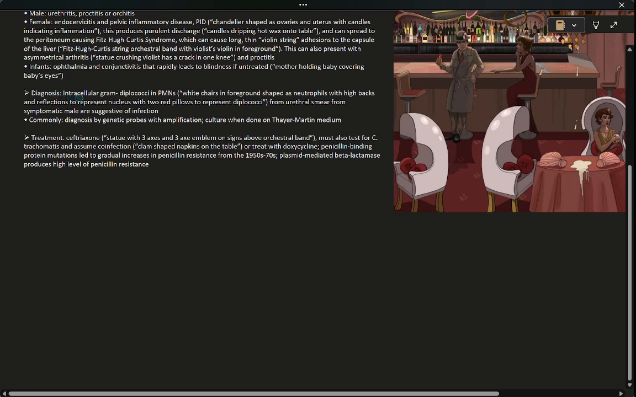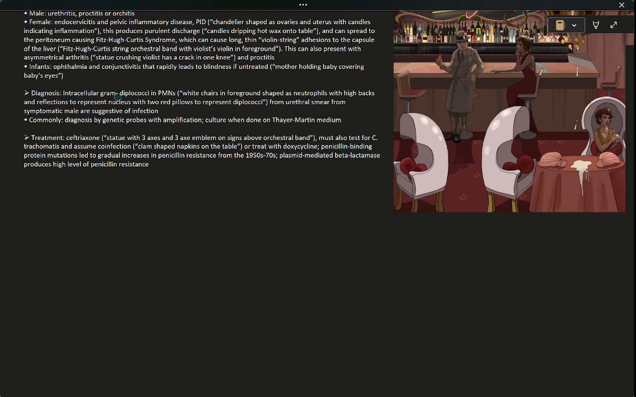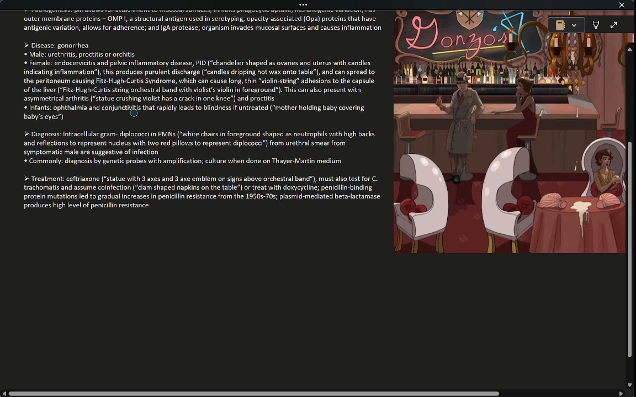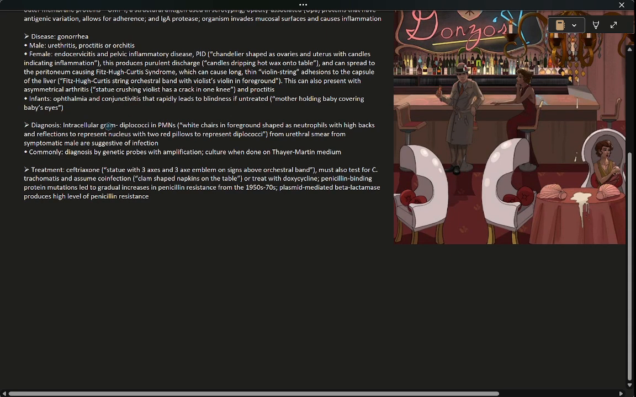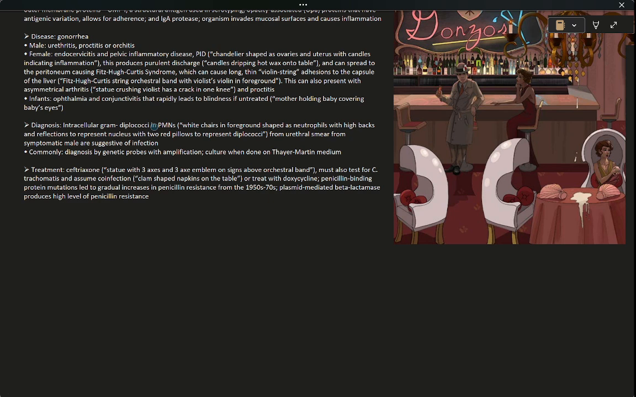And then for diagnosis, you typically find the intracellular gram-negative diplococci in the polymorphonuclear leukocytes from the urethral smear from a symptomatic male, and this can be suggestive of infection. And the way to remember the intracellular gram-negative diplococci and polymorphonuclear leukocytes, think about the white chairs in the foreground shaped as neutrophils with